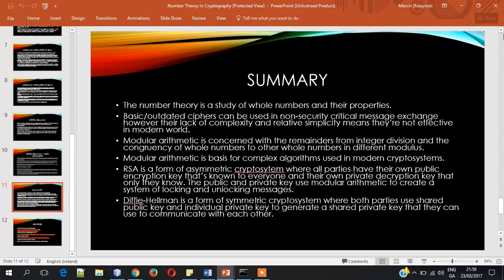So just to summarize all of those, number theory is the study of whole numbers and their properties. Basic or outdated ciphers can be used in non-security-critical message exchange. However, their lack of complexity and relative simplicity means they're not effective in the modern world. Modular arithmetic is also concerned with the remainders from integer division and the congruency